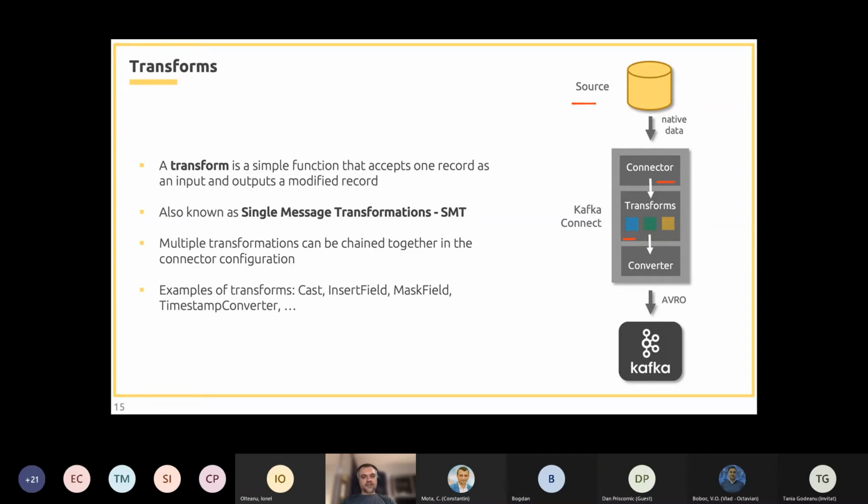After that, the record is passed to the next transform in the chain, which does its own modifications to the data and generates a new modified record, and this continues for the transforms defined in our connector configuration. In the end, our modified data is passed to the converter and written into Kafka.